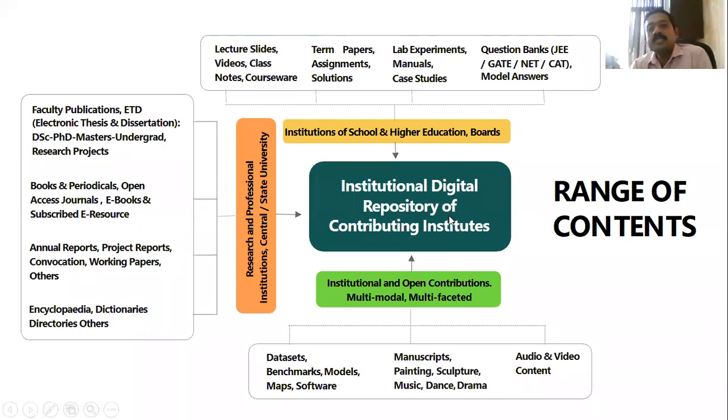Then what are the different contents, the range of contents? You can see all these institutions like IIMs, Springer, everything, they build their own repository, their own e-contents. Actually, they shared them with this. Even the universities also shared their PhD theses, books, e-books, project reports, everything. In addition to that, some colleges also shared lecture slides, videos, assignments, lab, case studies, question banks, notes, everything. Then also we can access audio and video type materials. So these are the range of contents.